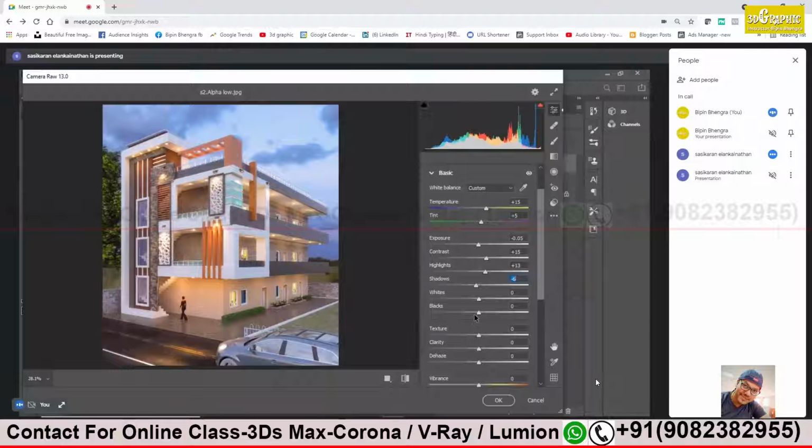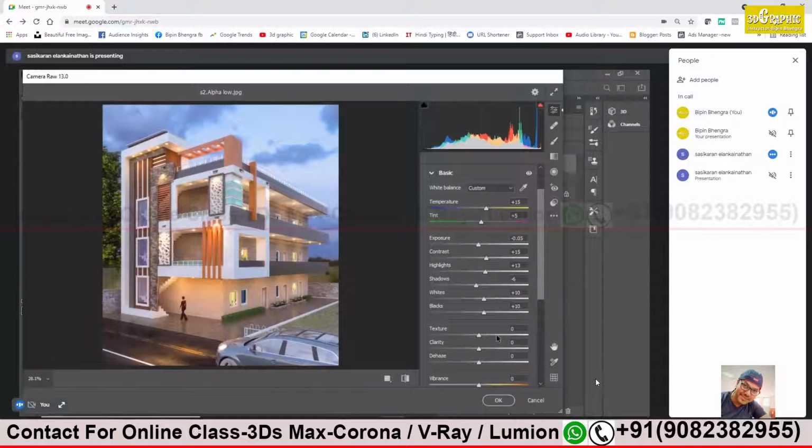Whites, again, the white area will get brighter. You can increase the value for the white. A little bit, 5-10% is enough. It looks nicer. The bright areas, white areas are getting brighter. Black, again, the black area will be darker or lighter. You can increase or decrease the dark areas, dark colors. Clear so far? Yes, sir.